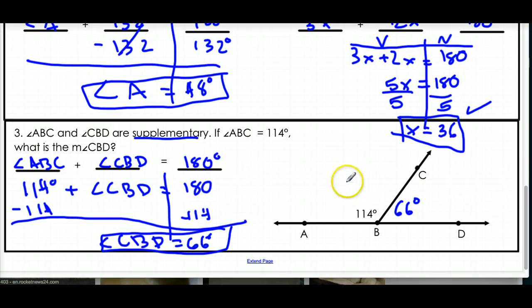Done. Once again, let me give you a quick shortcut to this. Since I know this is a line, it's 180 degrees. And this might help you in the next lesson. All right? So I know these two are going to be supplementary because it's a straight line, and the straight line is 180. So what I could just do is 180, because that's the bigger angle, subtract 114, and that gives me 66 degrees. That tells me what this missing angle is. Just the shortcut, if you're into it. All right,